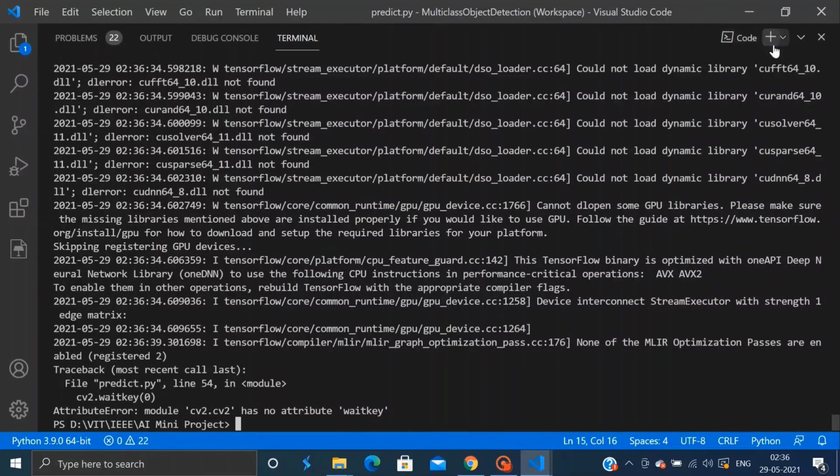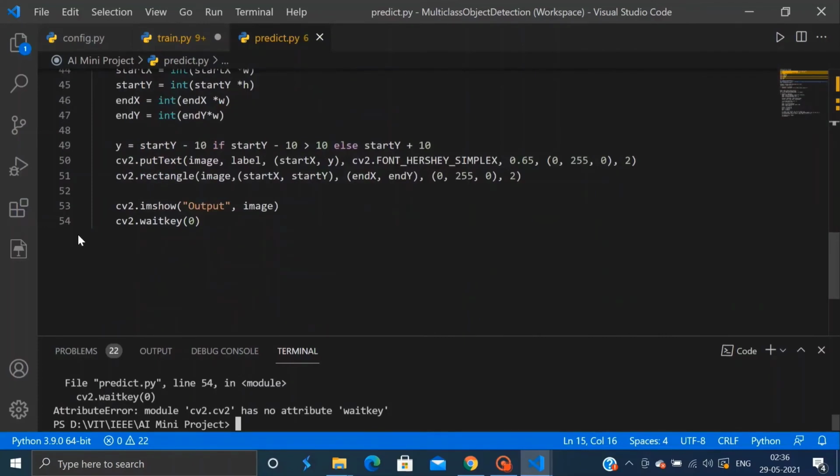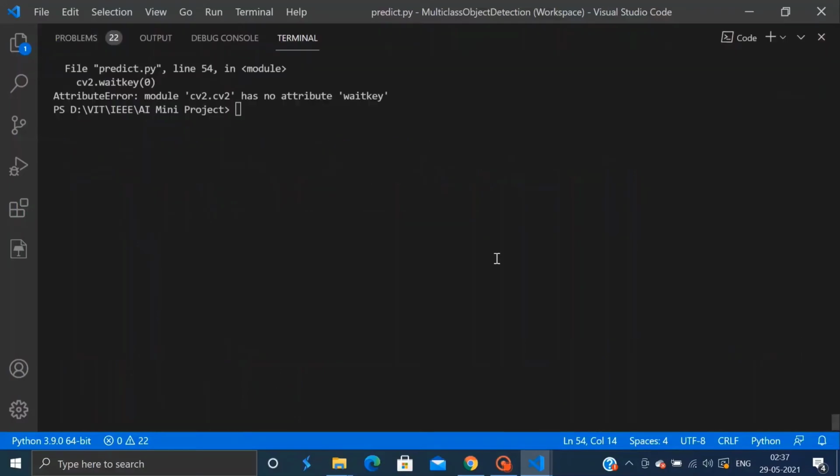Okay, there is another typing error. The K in waitKey should be capital, so let's change that. And then finally, let's run it one more time and see if we get the output.